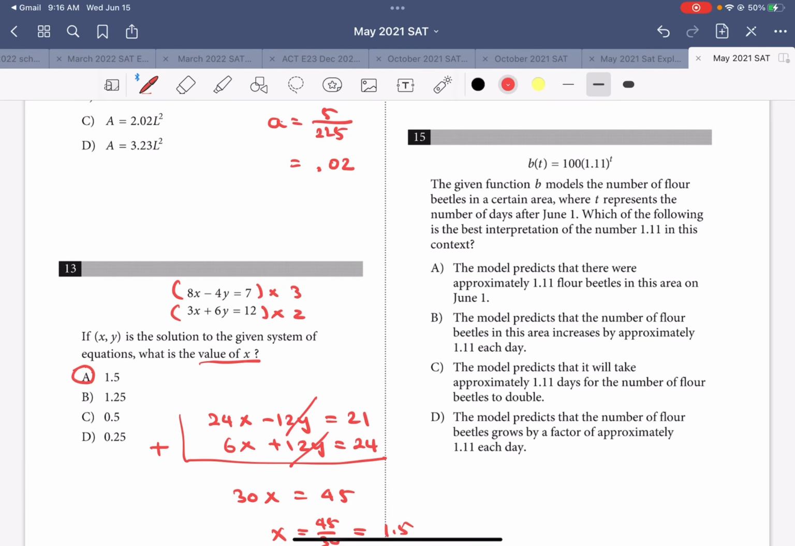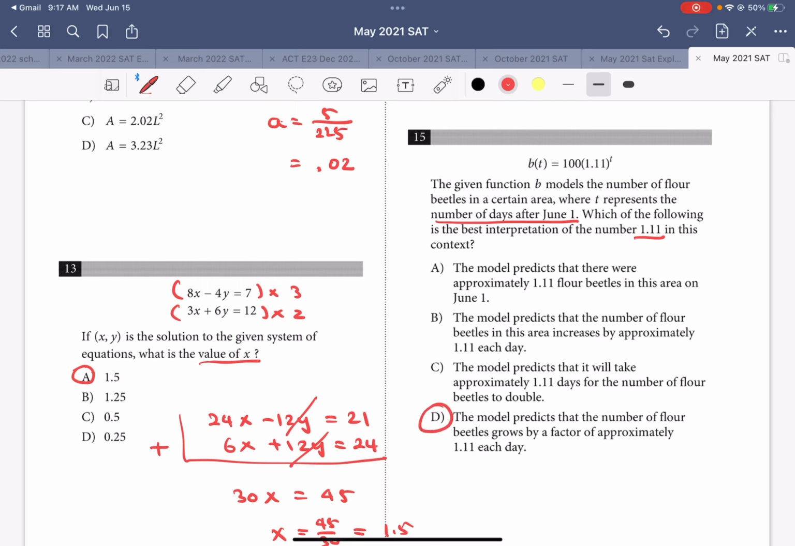Number 15, the given function B models the number of flower beetles in a certain area, and t represents the number of days after June 1st. Which of the following is the best interpretation of the 1.11? So 1.11 means it will increase 11% every day, each day after June 1st. So if you look at each expression here,